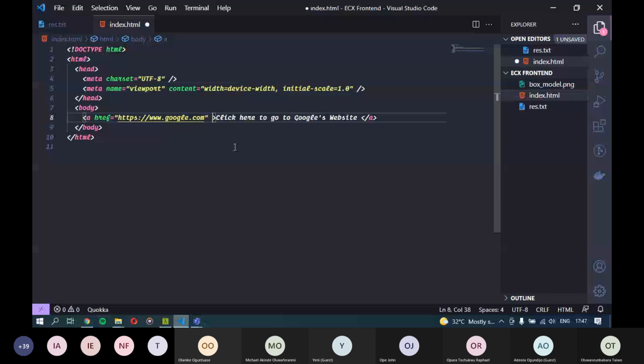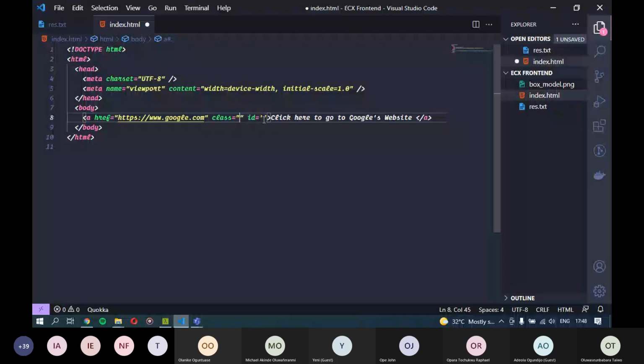Their main function is to give a particular element or group of elements a particular name so that we can group them under something and it will be easy for us to style it. I'm mentioning this now so that we'll get to it before we get to the styling part of things.